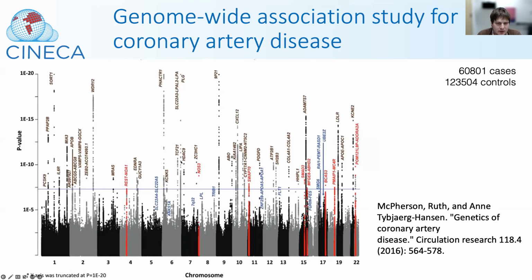And what you see, there are lots of regions that are significantly associated, and then these regions have gene names linked to those. But any of you who is more familiar with genome-wide association studies would know that most of these gene names here are fiction. And they're fiction because